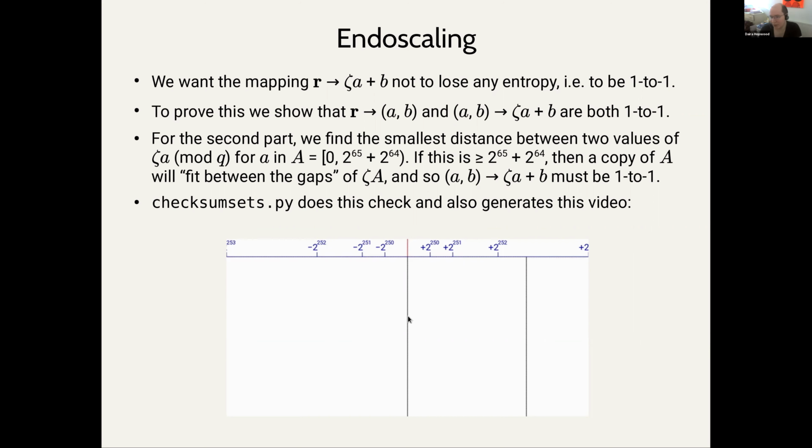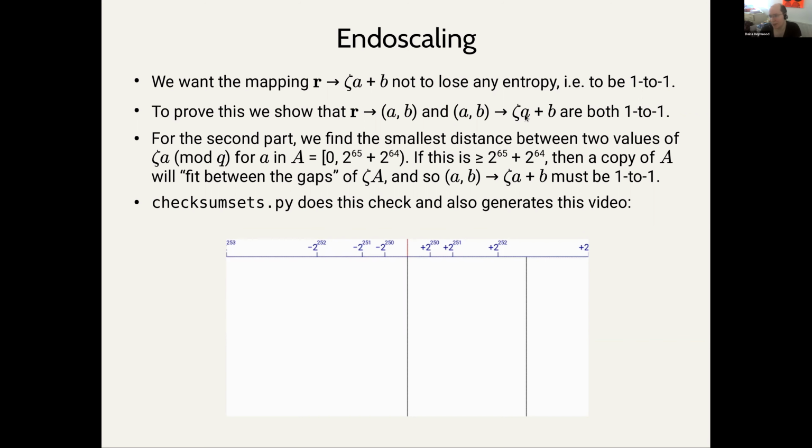So that's this red line. And here, this is the smallest distance. So here is, for example, 0 and zeta. And it turns out that when you go to these values zeta A